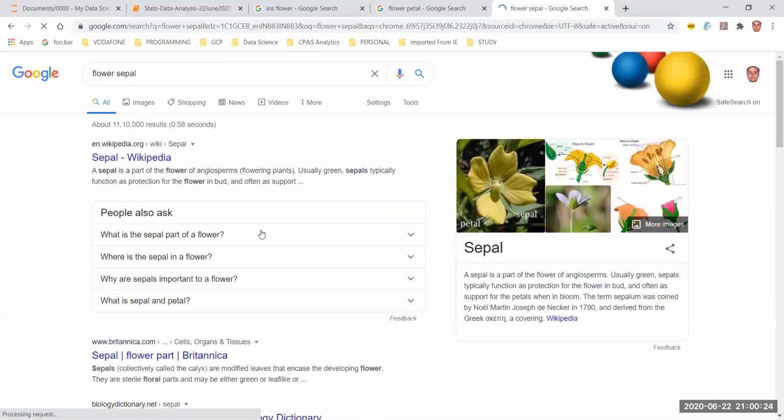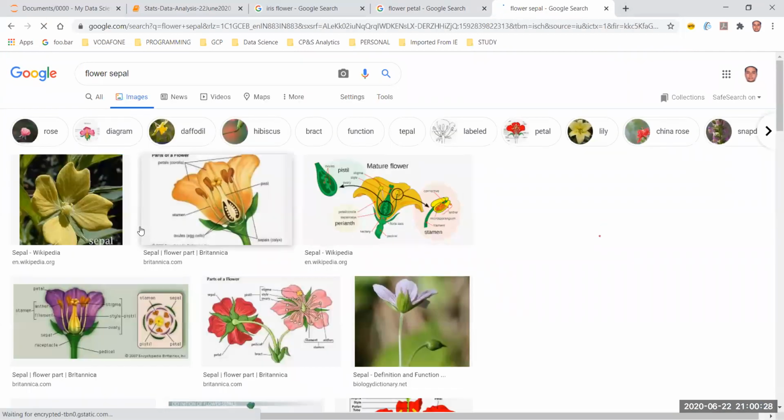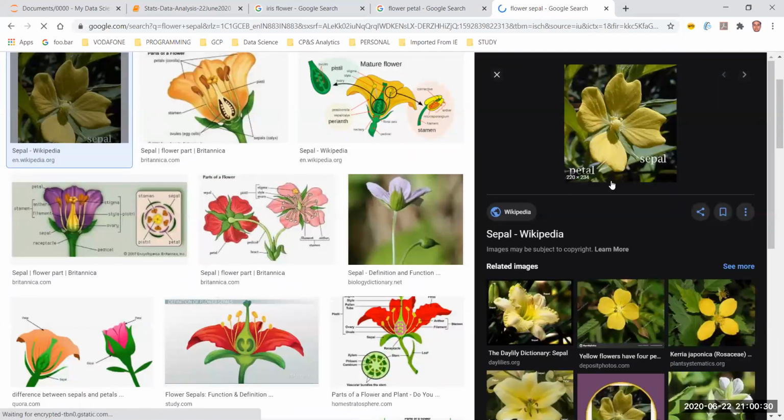Okay, sepal is just the opposite. You see over here, this seems to be a good diagram, right? So this actually seems to be a very good diagram. See, the petal is what covers this yellow part or the middle part. The middle part is where we had the reproductive items. But the sepal is also part of the flower.